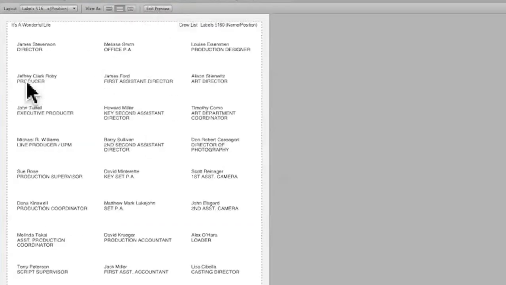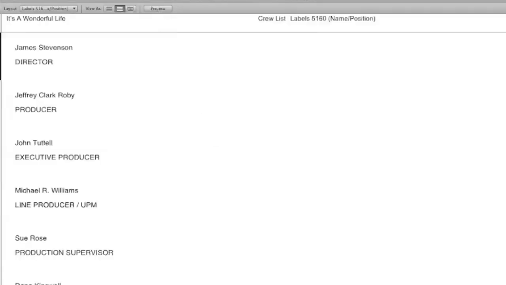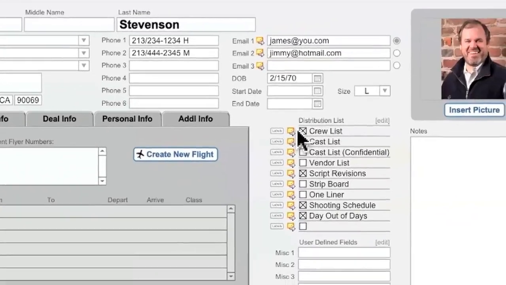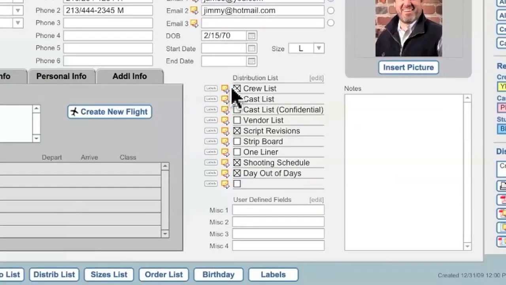And these are mailing labels for every single person who is supposed to receive a crew list. You could print these out, stick these crew labels on a physical copy of the crew list, and pass them out on set. But another way that Poco can distribute this is to do it via email. Poco can create emails and send them out for every person who is supposed to, in our example here,